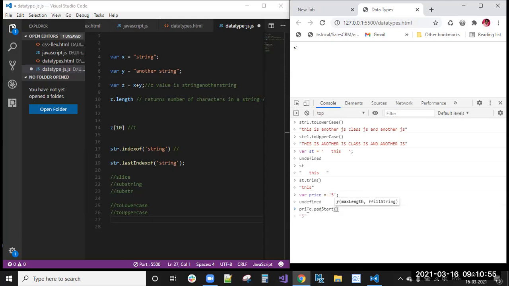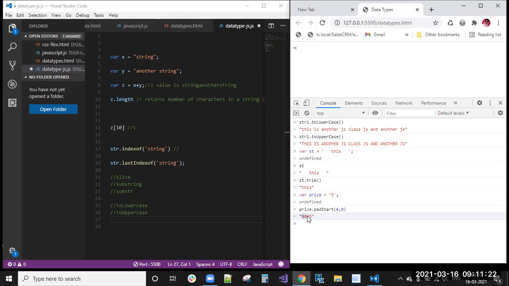Here you can give 4, meaning how many letters you want, comma with 0. This is one letter only, right? If it is not having the required length, 4 is the length, right? 4 letters. If it is not 4 letters, then the remaining letters you can replace with 0.